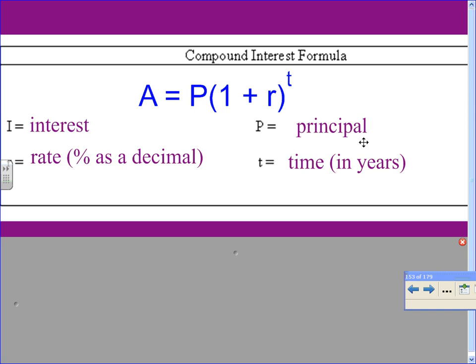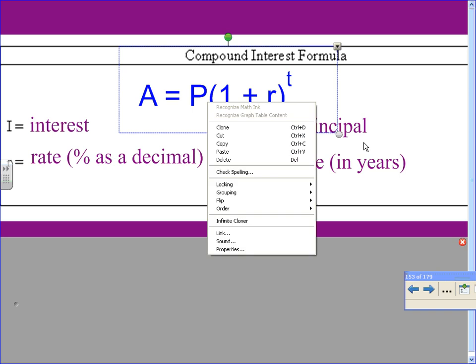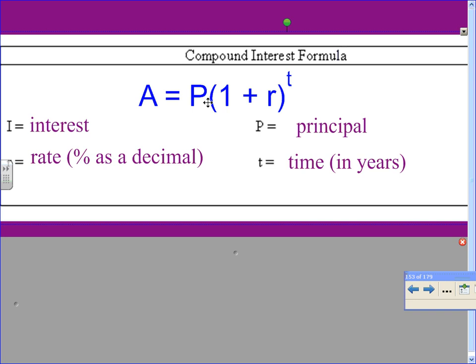No. The P is not inside parentheses. Yeah, 1 to the T plus R to the T. Yes. Okay, I see what you're trying to do. You have to add these first. Order of operations tells you, remember GEMDAS? You can't distribute the exponent. You have to do what's inside